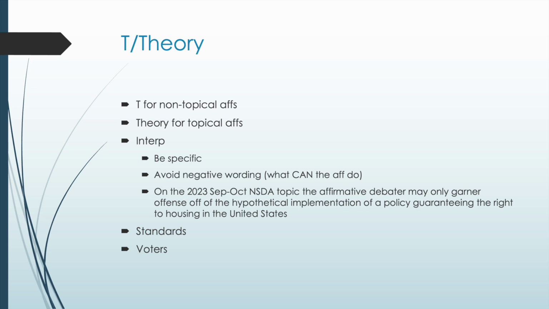Remember, K Affs are split into two schools: the topical AFs that affirm the resolution, and the non-topical AFs that refuse to affirm the resolution. If it's a non-topical AF, I would say you pretty much should read T. There's not really a scenario I can think of where T would not be strategic against a non-topical K Aff. It's very useful because it puts a side constraint on the pre-fiat offense of the K Aff. If you're proving that the K Aff is providing a model of debate that is per se uneducational, then it doesn't matter how good the discourse of the AF is, because nobody's going to learn from it.